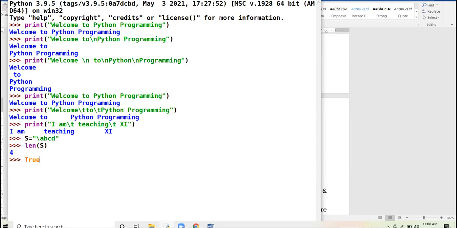Like I have taken here S. S is an identifier, a variable. But you cannot use any keyword as a variable. Like suppose I am taking here else. Else is a keyword. I say 10. See here, an error has come.